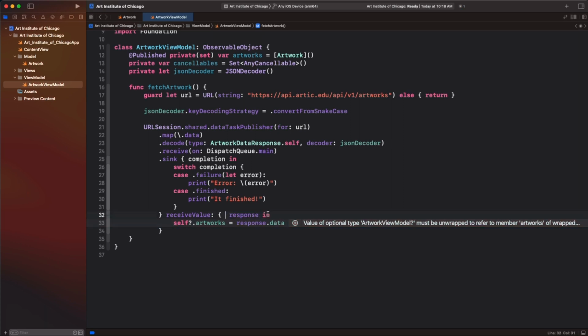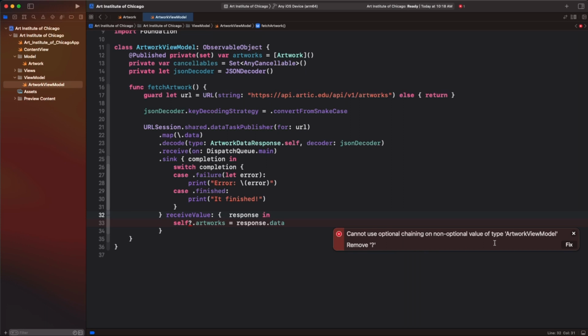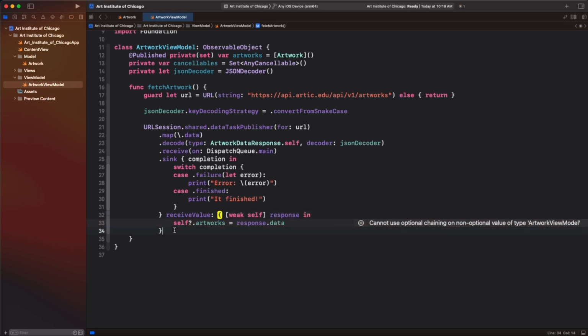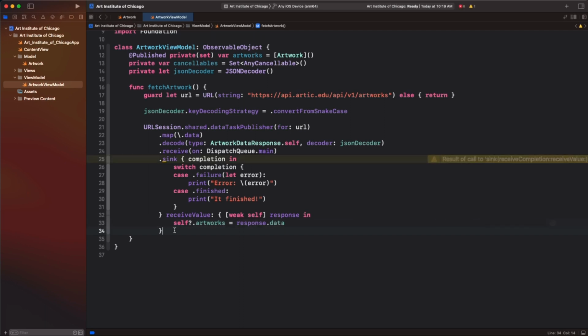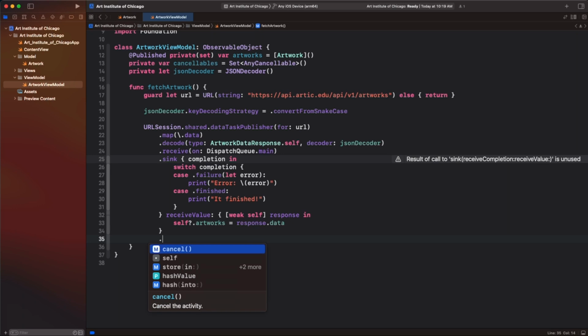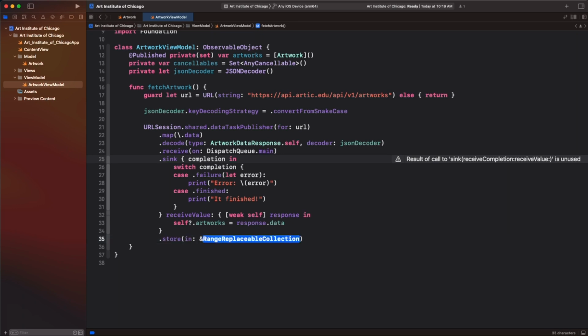If I cut that out, we should get another error now because I modified it again. So, cannot use optional chaining on a non-optional value. So let's do that. Anywho, pretty much done now. We do need to store what we got back. So we go dot store, and